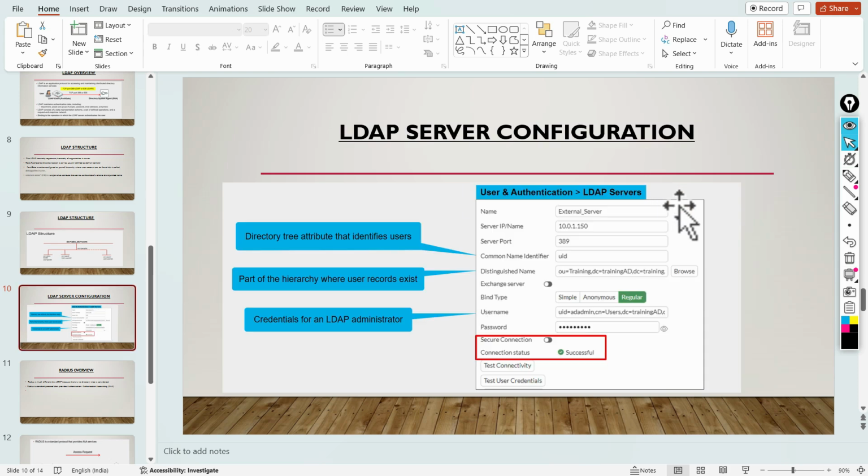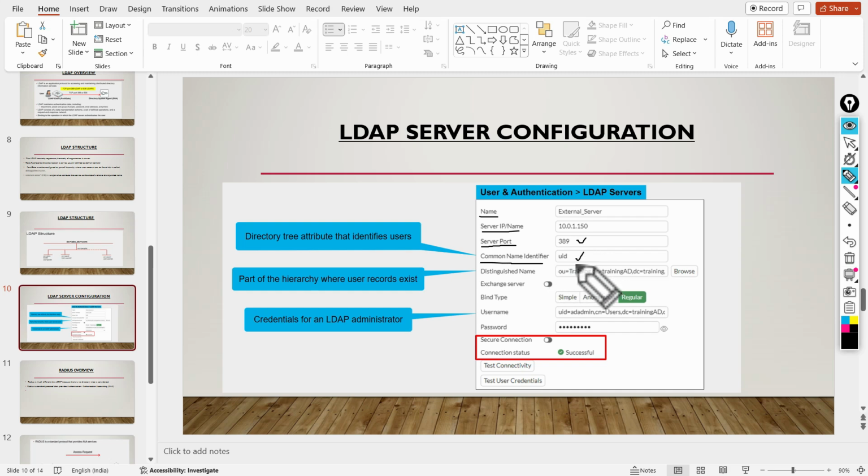About the configuration, we can configure this LDAP server. We have to provide the name, then the server IP, and then the server port. This is 389, the LDAP port. Common name identifier can be a UID or SAM account name.